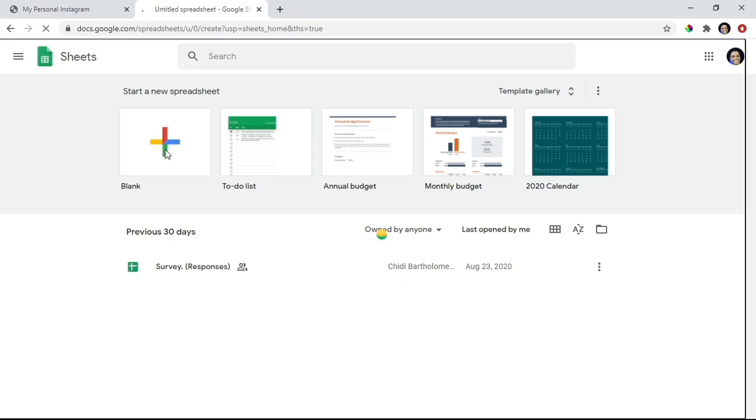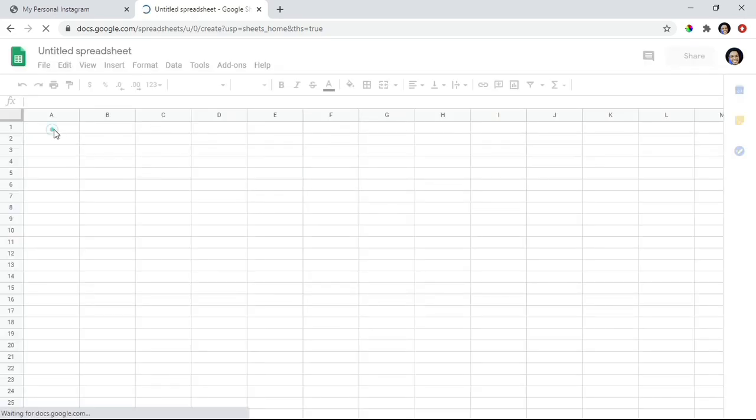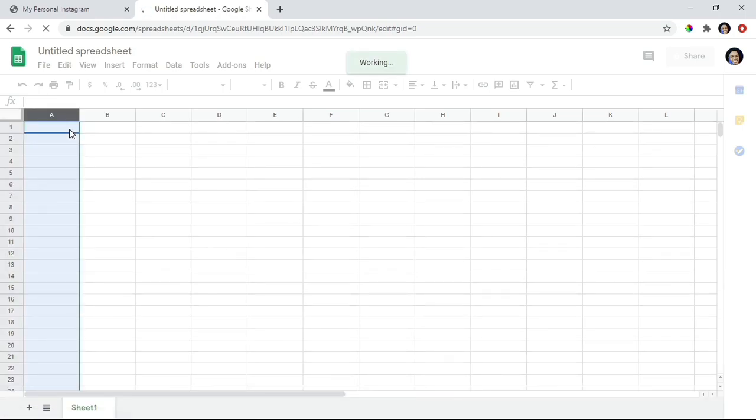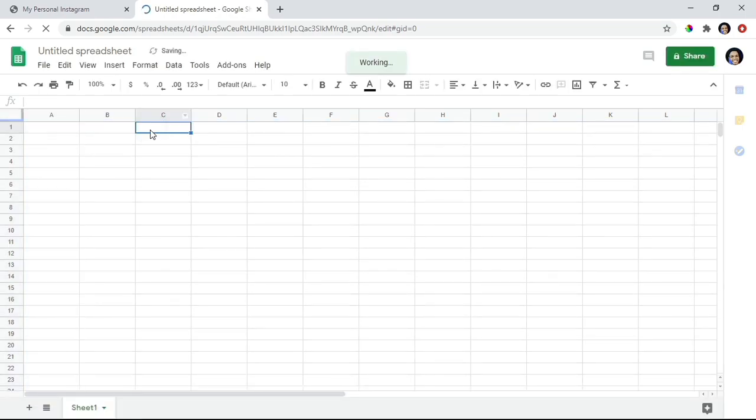Click on the blank, and then inside the spreadsheet you can create your database. Remember, it's not a big deal. You just have to store data here. It can be something like this. We have Jane Borders, and then we have her email address. We can decide to have age for Jane Borders. Let's say Jane Borders is 39 years old, right? And we can decide to label this